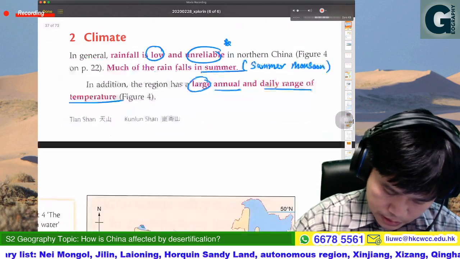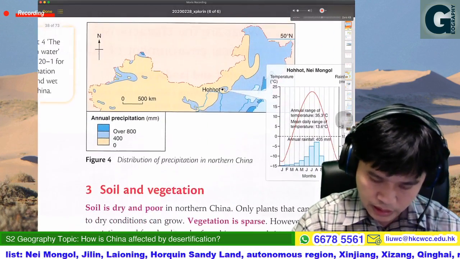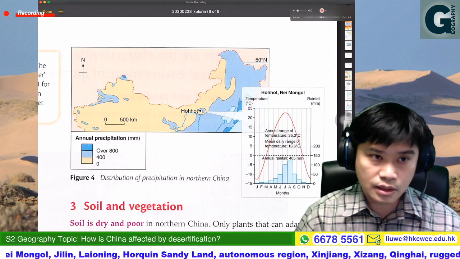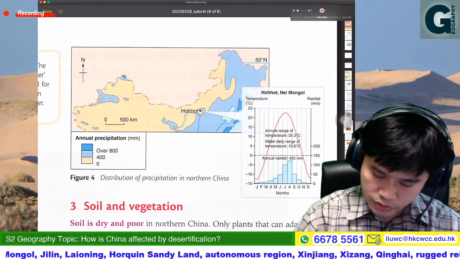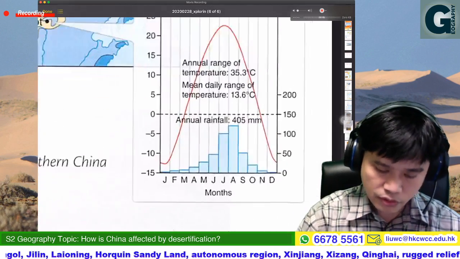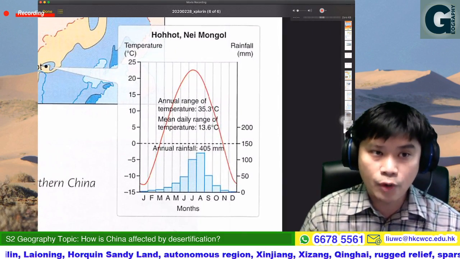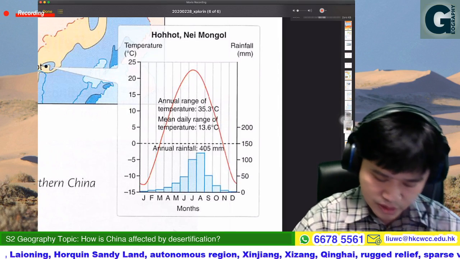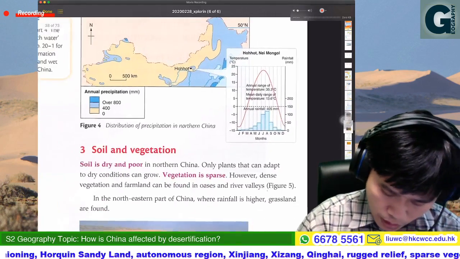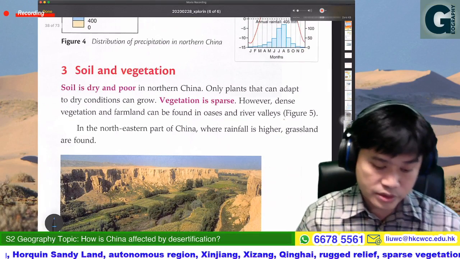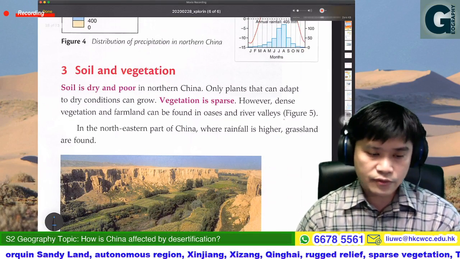Then here you can see the rainfall distribution of water. For that one, I'm not going to explain this. For the climatic graph, you may have a look by yourself. I hope you still remember how to draw the climatic graph. Then for the next one, when we talk about the characteristics of the area, after relief,